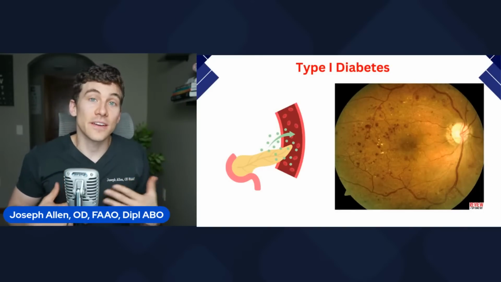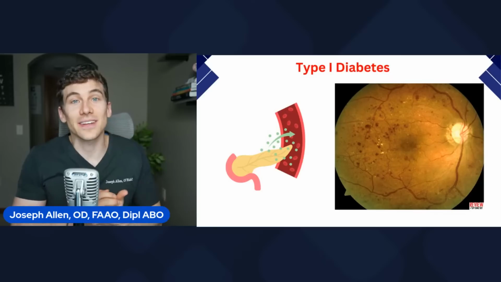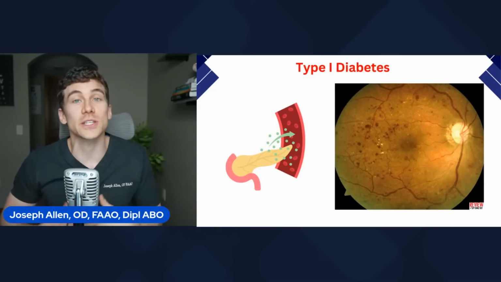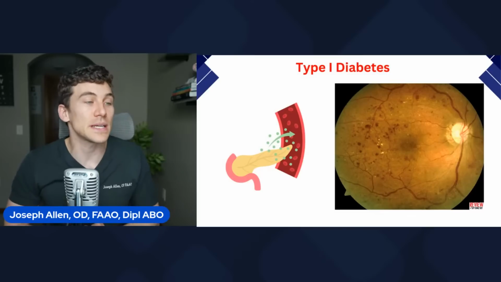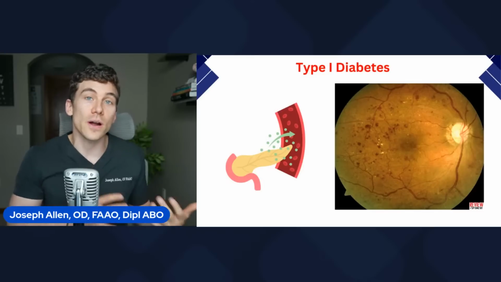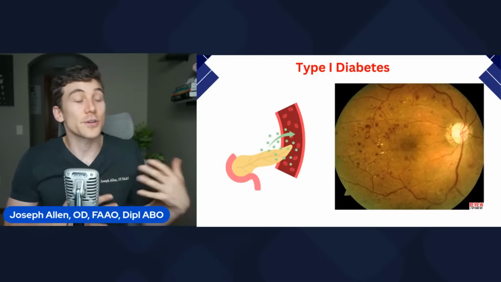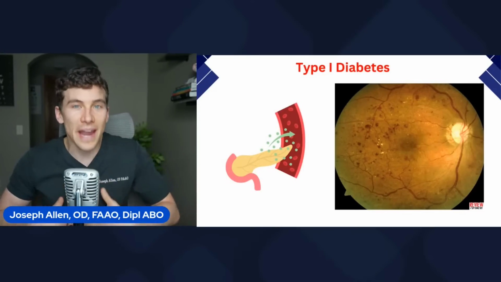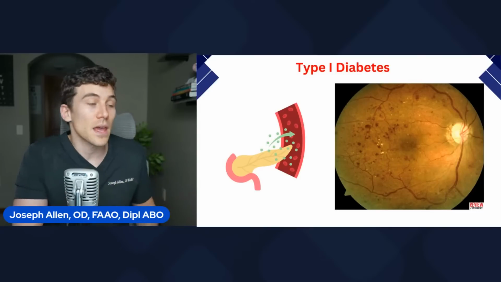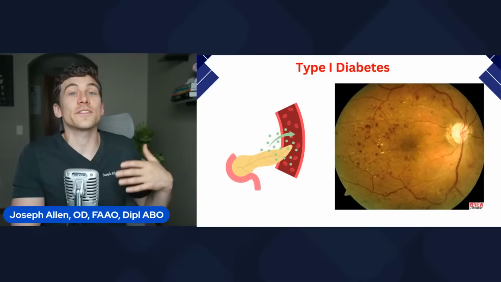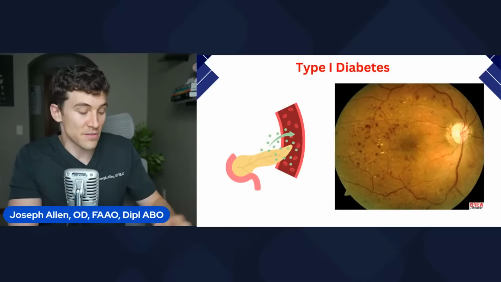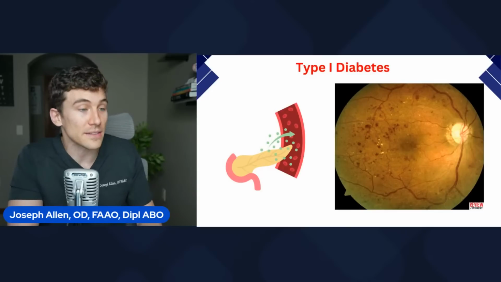Now, if you are somebody who pays attention, diabetes is a huge issue in global health, especially here in the United States, mainly type 2 diabetes, but type 1 diabetes is an autoimmune condition. This is where your immune cells end up attacking your pancreas and damage your beta cells, which produce your insulin. And so if you're not producing as much, or if you're not producing insulin at all, then you end up with really severe forms of diabetes throughout your whole life.